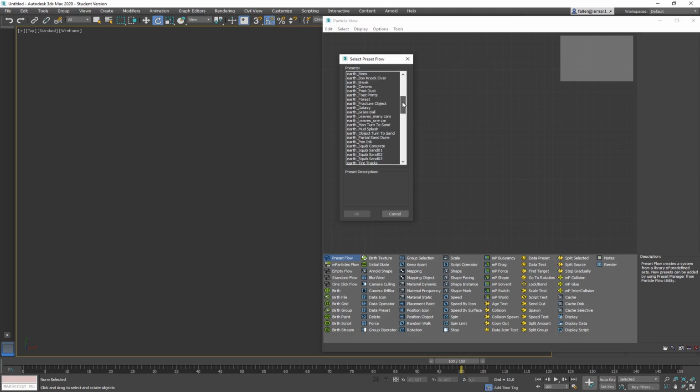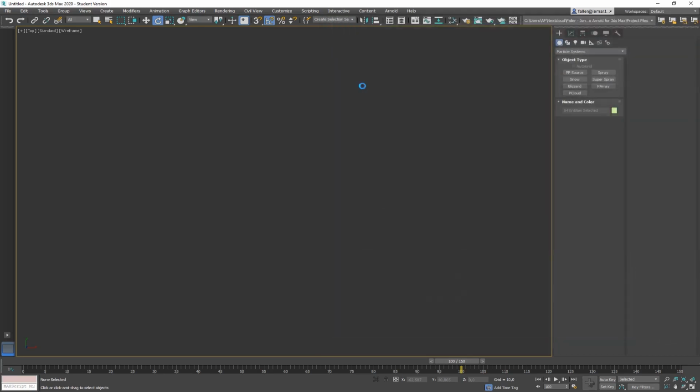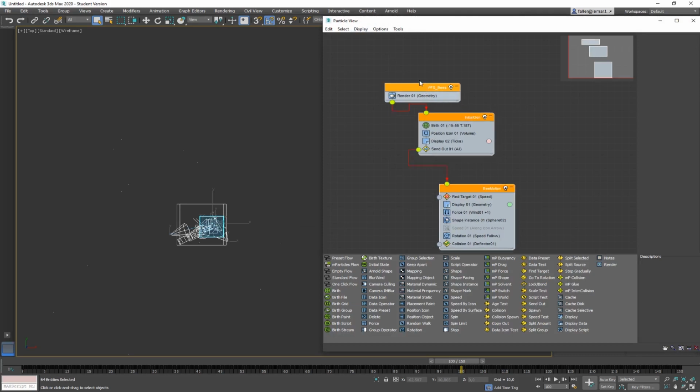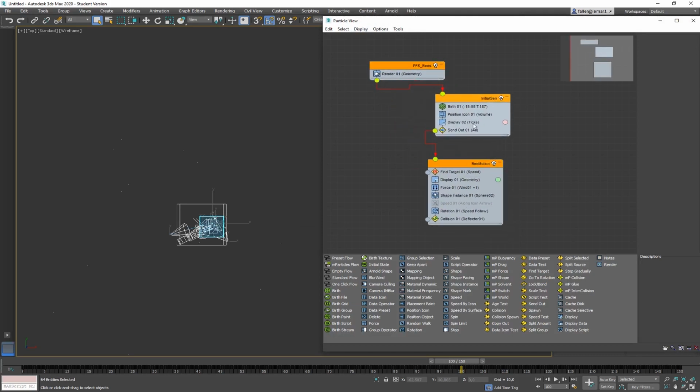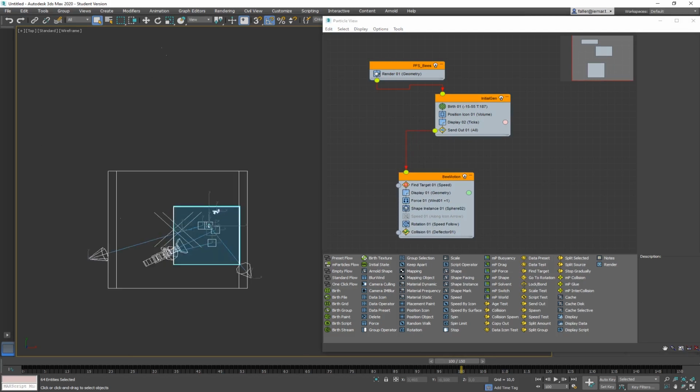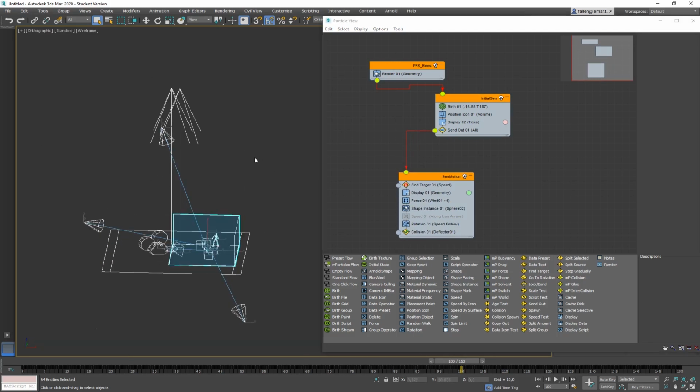I just saw bees before. I don't know what that is, bees. Okay, so that's an old format. So it not only brings in a new particle system in the preset that you can find, but it also maybe gets some geometry there. So there's a camera, a light, and so on.